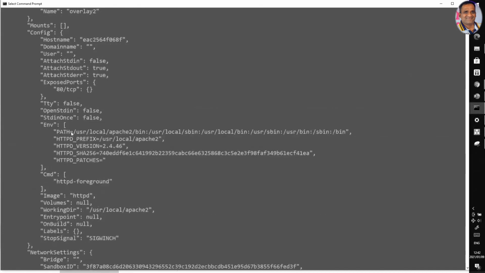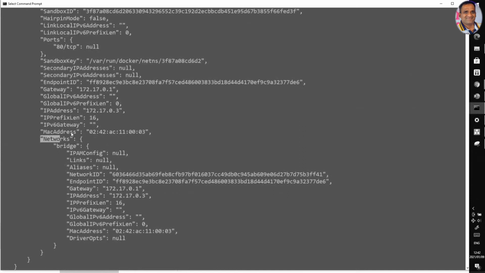Now we are more interested in the networks. Again, we are going to do a separate session for Docker storage and Docker network. We are going to discuss only very briefly the network. Now we'll see network. Here is the gateway, IP address 172.17.0.3, and MAC address here, and here the port. What is this network? Each Docker container is associated with a private network.